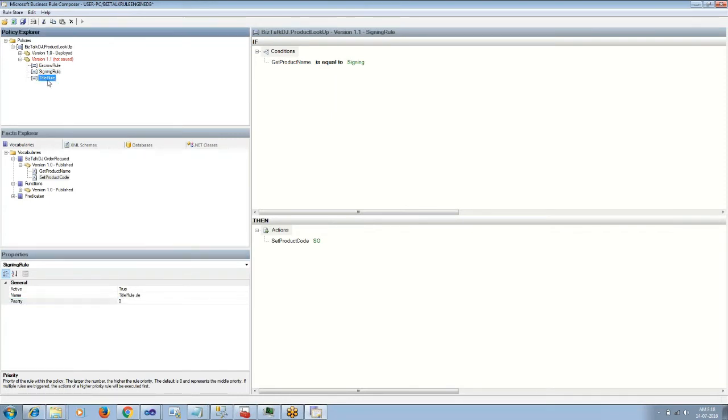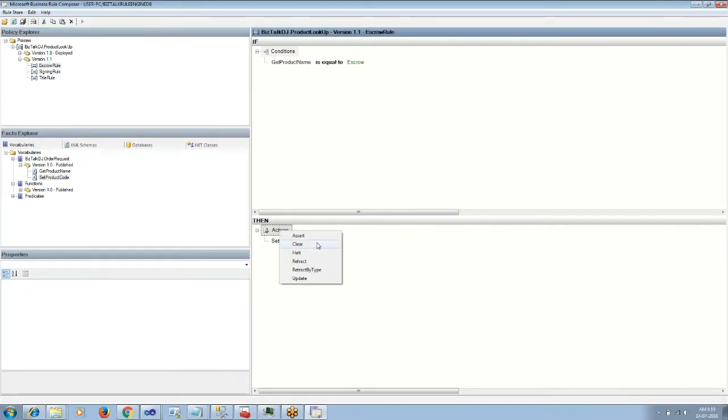Now we would set the priority for escrow as 10, signing as 9 and title as 8. So the three rules act as an if condition. These are not if else as we do in the branching statements. Each rule is considered as a separate if. If multiple conditions are satisfied, the lastly satisfied rule will be updating the data.